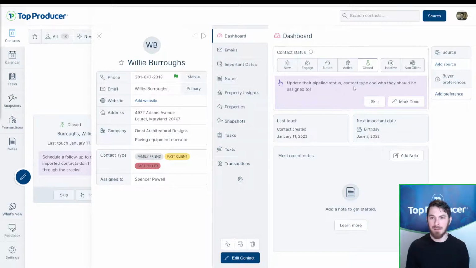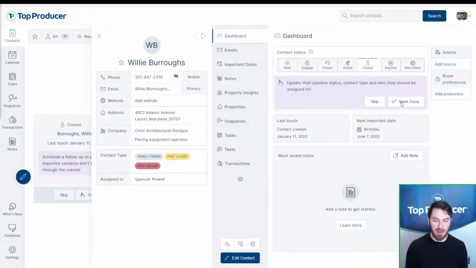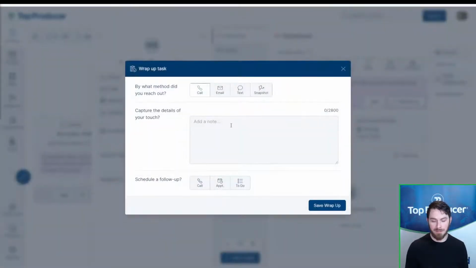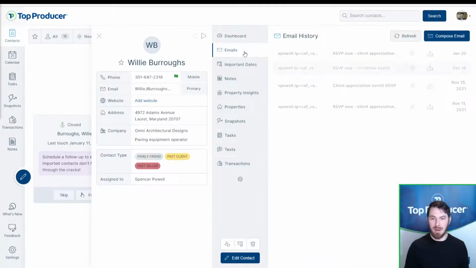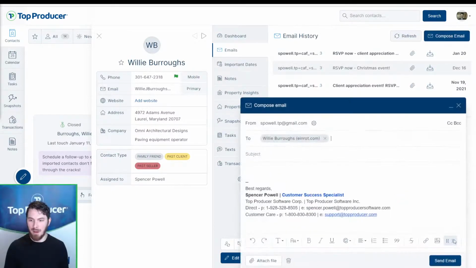Add the contact types, switch his pipeline status, add some important dates, and let's do mark done, right? We've done all we can, haven't we? But wait a second. This is where it's going to ask us, how did you reach out? Well, we haven't reached out, but maybe we should. Maybe this is a perfect reminder and opportunity to do this. Let's back out. Let's go to emails, and using our newly integrated email, let's click on compose email,